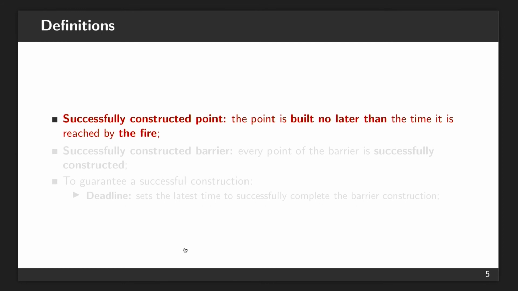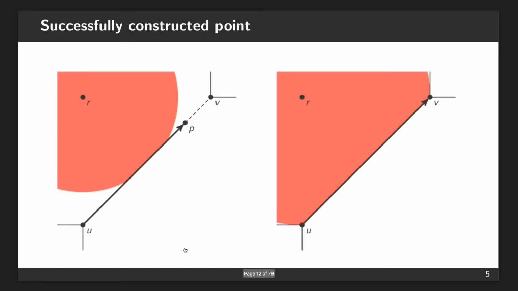Let me define what we mean by a successfully constructed point. A point is successfully constructed if you can build this point of the barrier before or no later than the time the fire reaches that point. So for instance, here on your left, if you start constructing the barrier UV early enough, then you'll be able to construct point P before it is reached by the fire.